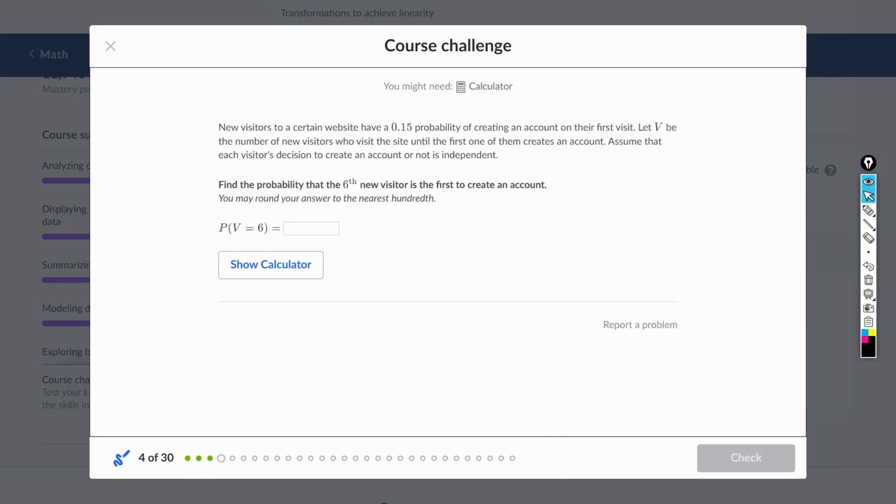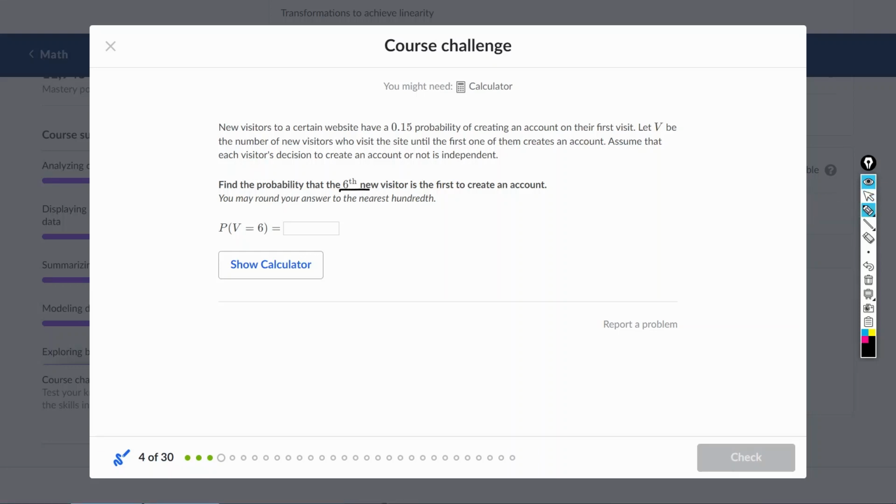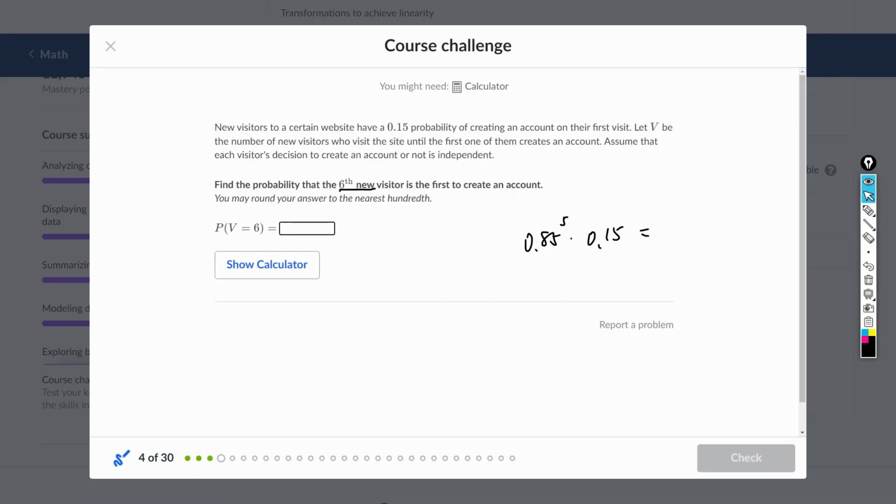Assuming that each visitor's decision is independent, find the probability that the 6th new visitor is the first to create an account. 那么第6个才 create，create 是 0.15，前5个都没有，是 0.85 的5次方。这是一个 geometric distribution，0.85 的5次方乘以 0.15，nearest hundredth 是 0.07。